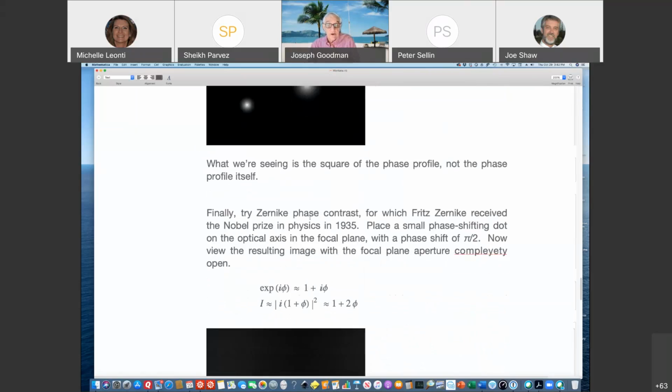So now we're going to try Zernike phase contrast, which Fritz Zernike received a Nobel Prize for in physics in 1935. And rather than putting a small absorbing dot on the optical axis, I'm going to put a small phase shifting dot on the optical axis in the focal plane. And that dot has a phase shift of pi/2. Now I view the resulting image with the focal aperture completely